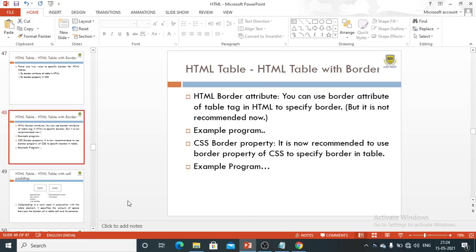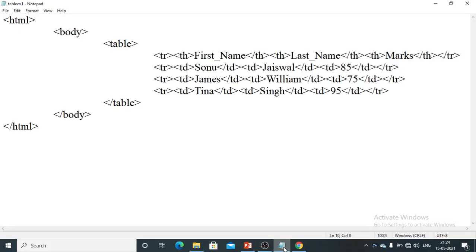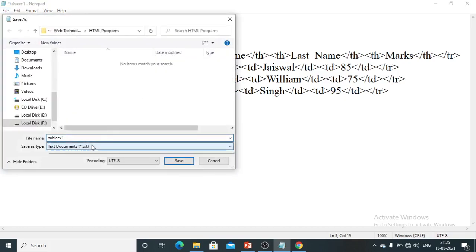For that, let me go to my notepad. Here I will make some minute changes. I will use the border attribute and give the border value as 1. Let the other contents be the same, and I will save it as table example 2 dot html.